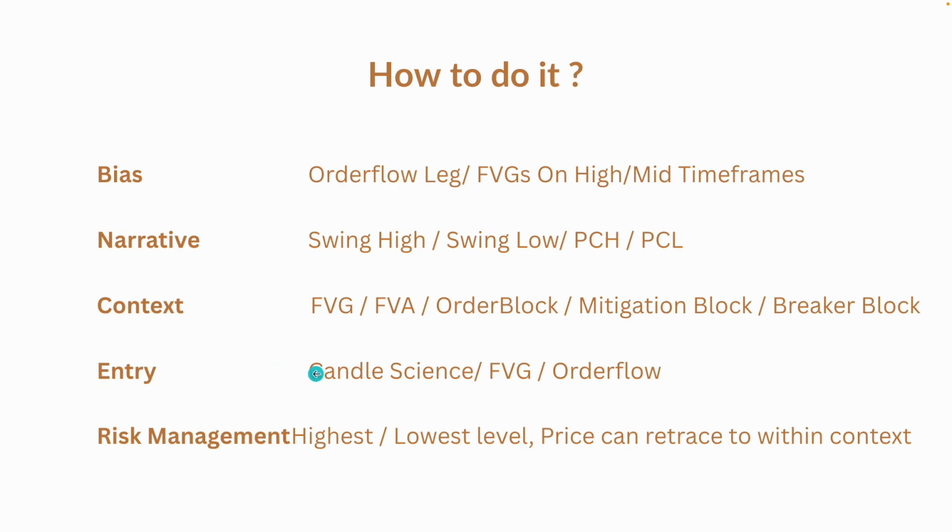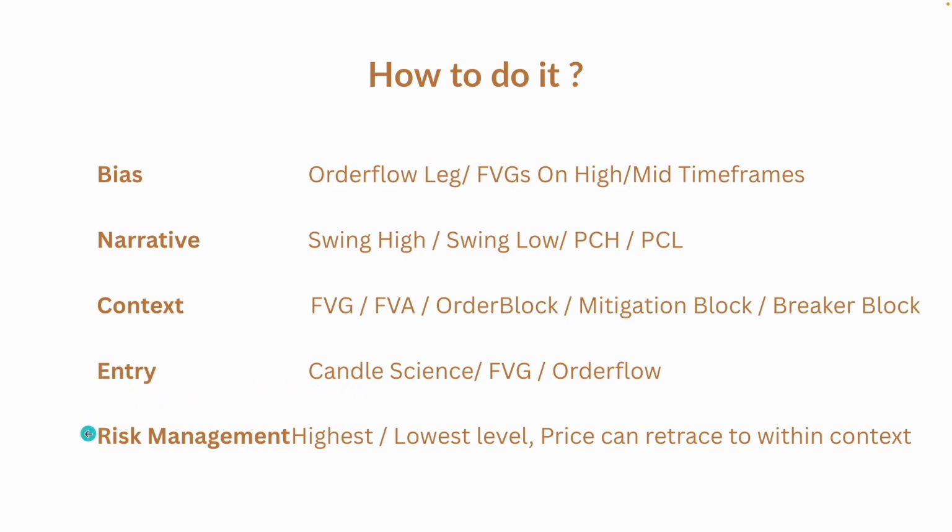Depending on different time frame alignments, we can enter using candle science, fair value gaps, or order flow. What the time frame alignment is, we'll see in the next video. Once we enter using any of these three patterns, depending on the time frame,